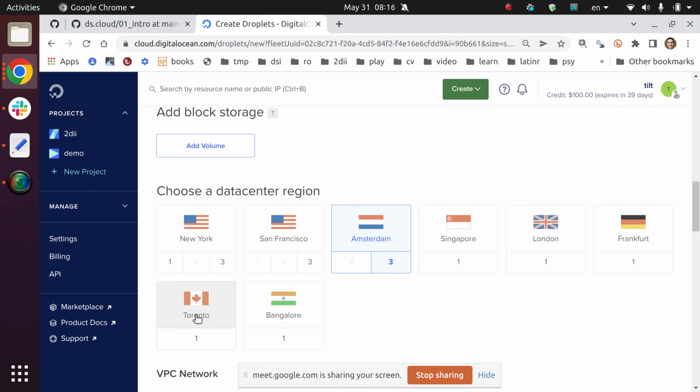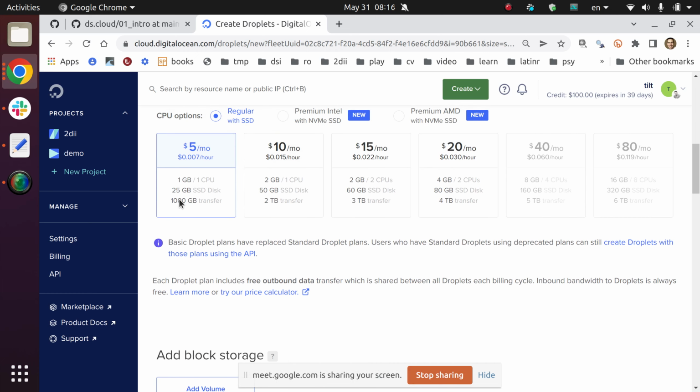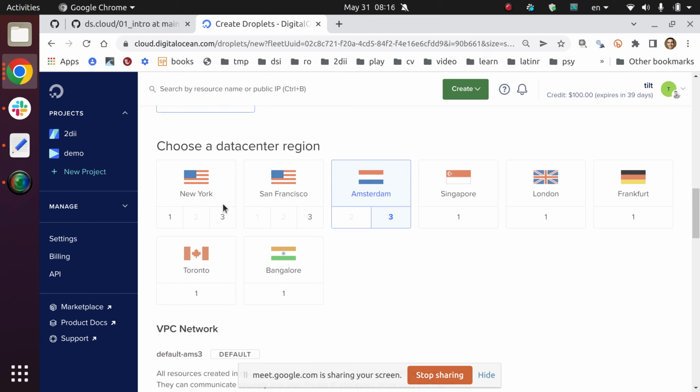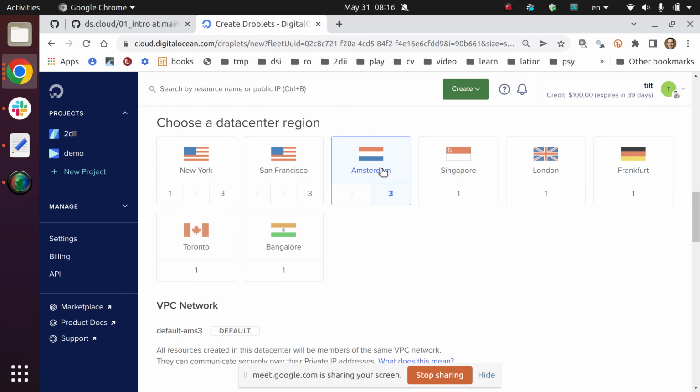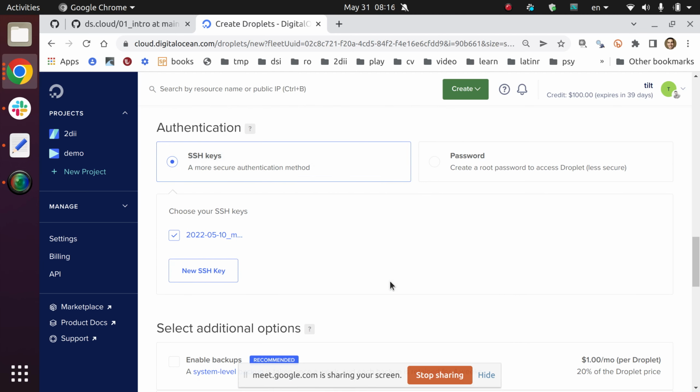Keep scrolling down. I'm not gonna change anything here. Basically, you can choose to add more storage if you want. The computer that you're renting already has some storage, in this case 25 gigabytes. It's not a lot, it's very easy to fill and you may need more space, but not for now. This is just a demo. Also, you choose a region that is close to where you actually are physically located, and then you keep scrolling down to decide how you want to